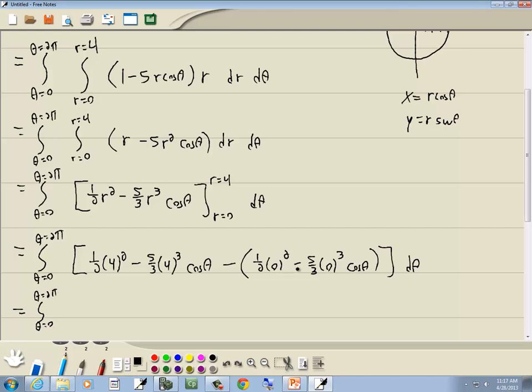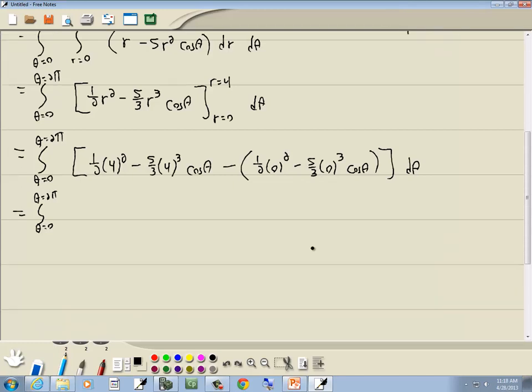Well, these zeros over here cause the second part to all drop away, so I don't have to worry about that. 4 squared is 16, divided by 2 is 8, minus 4 to the third is 64 times 5. Let me plug that in my calculator here. 64 times 5. 320 over 3 cosine theta,